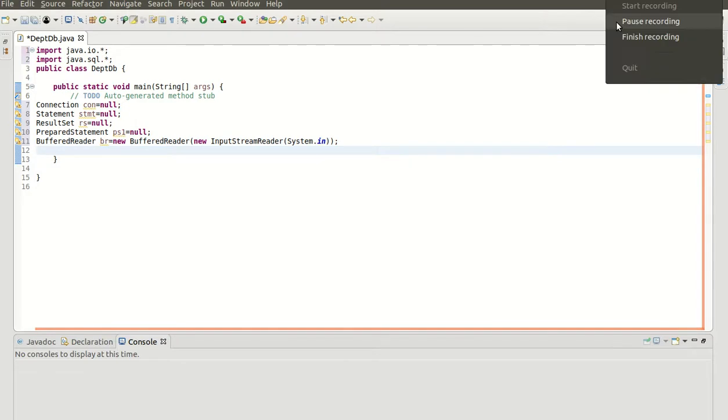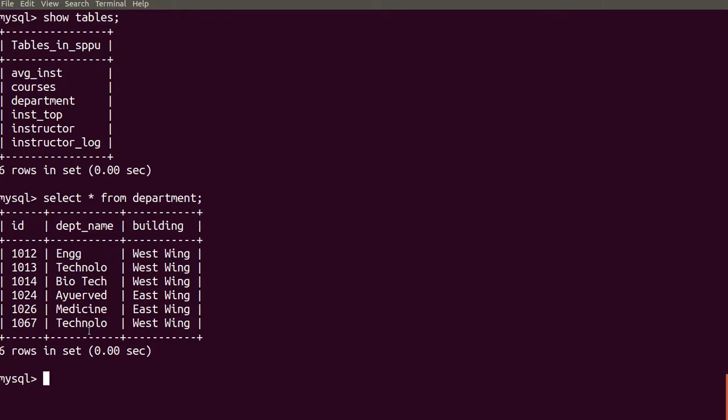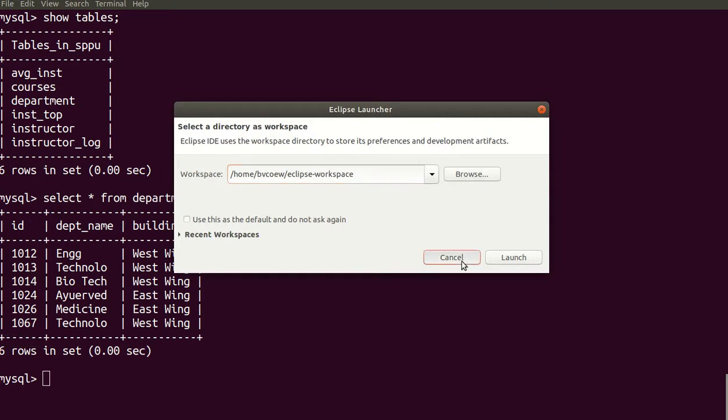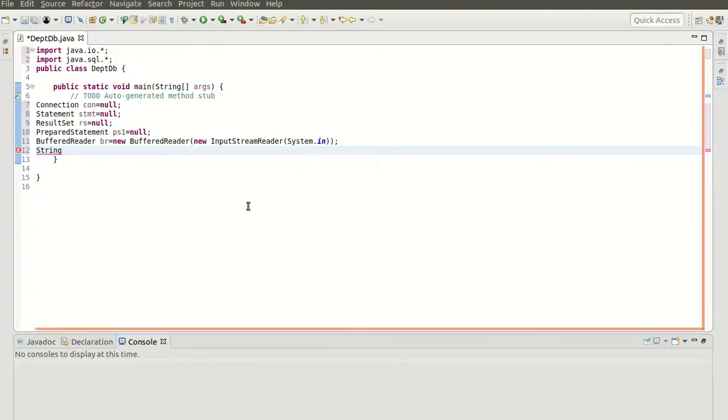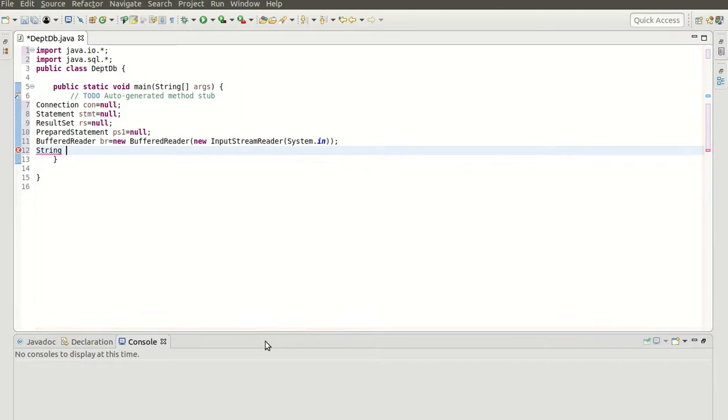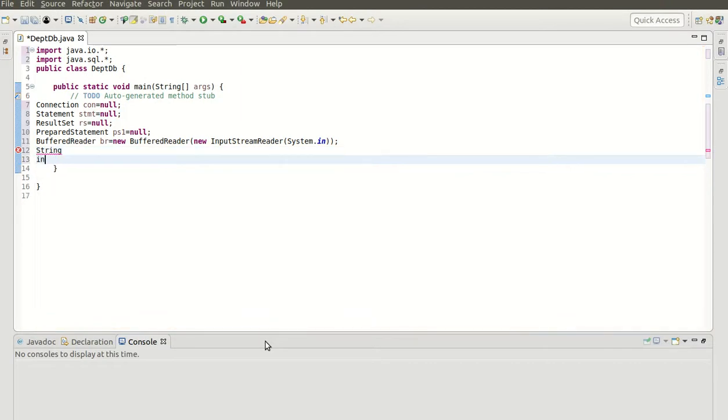Okay, when I connect from the Java program to the database, I will be reading the rows from this database. So ID is an integer, department name is a string, and the department building is a string. So here we will require some variables. One variable would be of integer type, so integer type is the identifier.